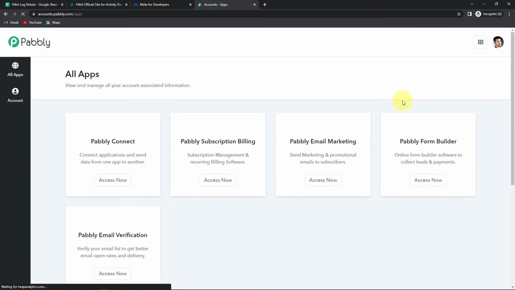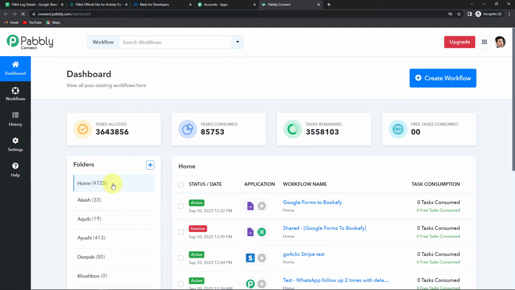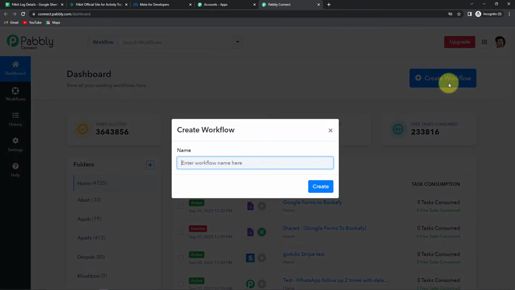And it has taken me to the all applications page. Let's click on access now for Pabbly Connect. And now we have reached the dashboard. On the right hand side, you can see a tab create workflow. Let's click on this. Now here my objective is that every time